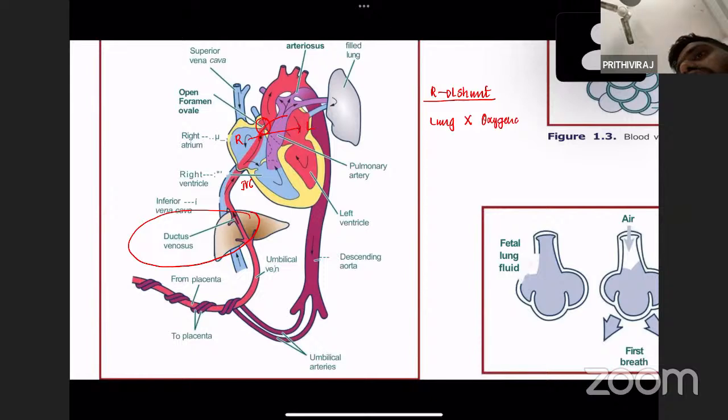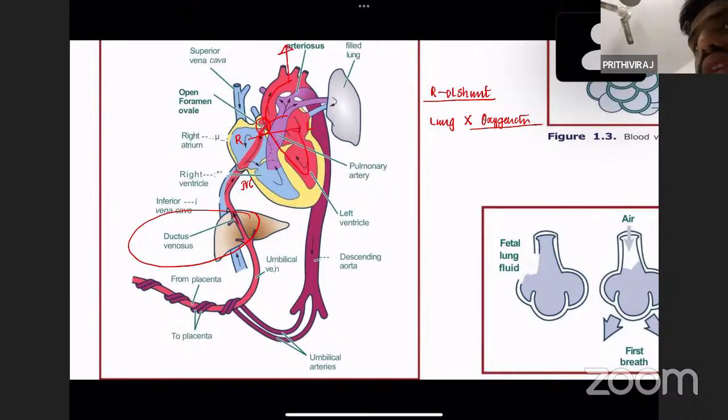So there is no use for your heart to send this blood back to the lungs, since there is no oxygenation that will happen. So as an instinct, the fetus doesn't want to waste the oxygenated blood by sending it to your lungs. Instead, it has made a shortcut. As soon as the blood comes to the right atrium, via the foramen ovale it reaches your left atrium. From the left atrium, it reaches your left ventricle, and then from your arch of aorta, this blood will reach your